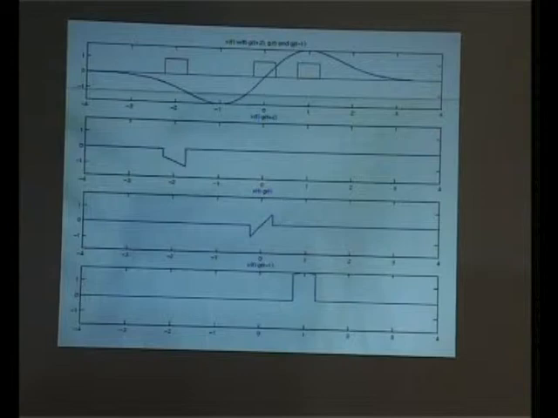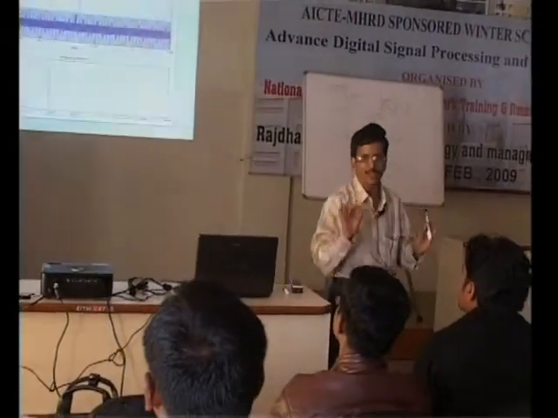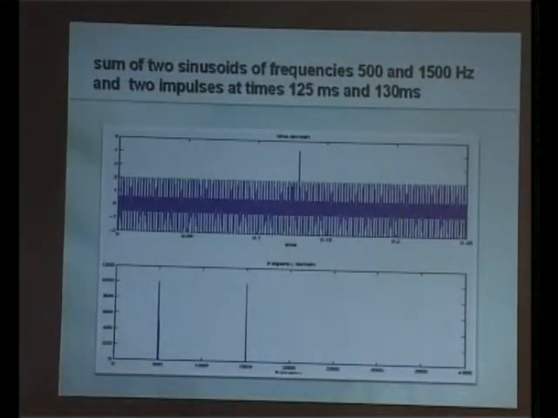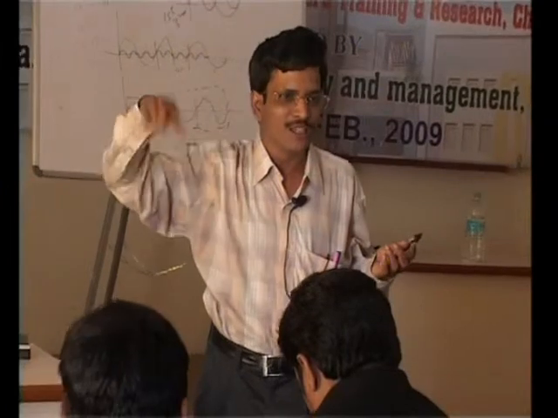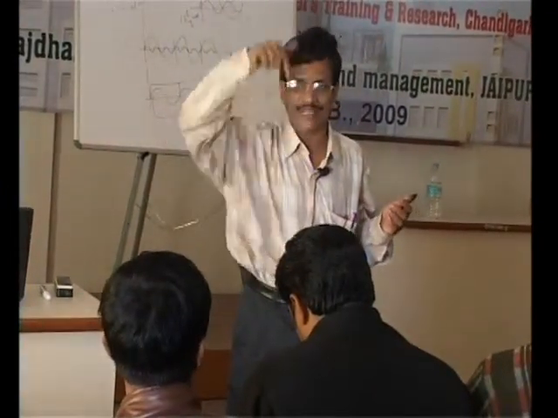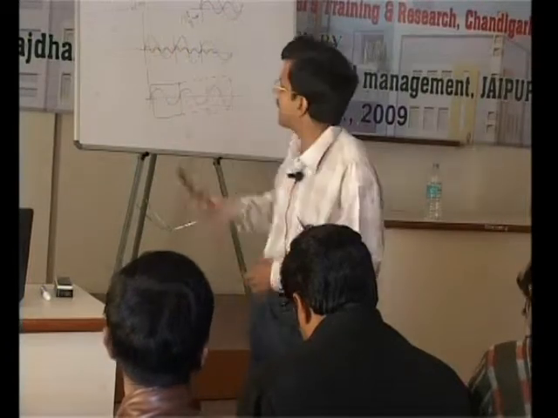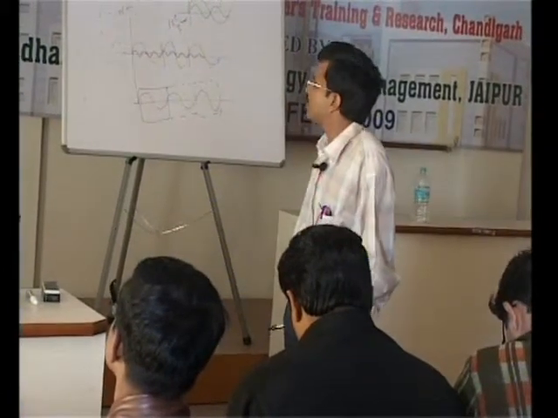Okay. Now this is a signal having one frequency 500 Hz, another frequency 15 Hz superimposed with each other. But there are two impulses. Like when you are doing an ECG checkup, suddenly you will see it is following a particular pattern and sometimes it may jump to a higher value. So even in a power signal, when switching operation has been done, there is a large transient or impulse or notch. So there are now two notches or two impulses at 125 millisecond and 130 millisecond.